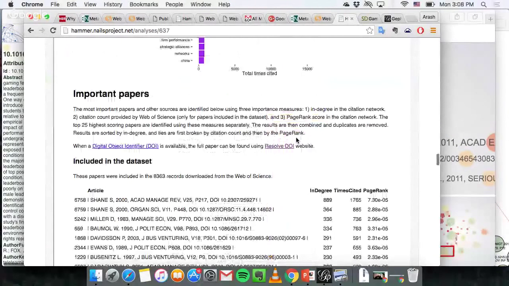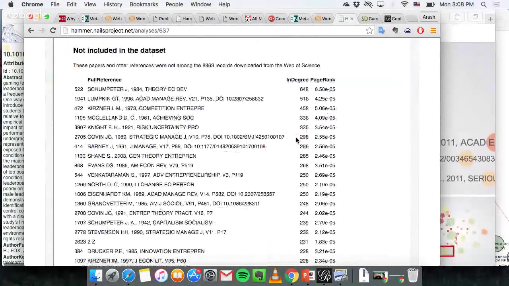But the second interesting database result is here. It's the most cited or most important papers that are not included in the dataset. I think this is the entrepreneurship dataset. It is. Yeah. So here you can see, for example, we have not downloaded the paper by Stunter, but a lot of papers that